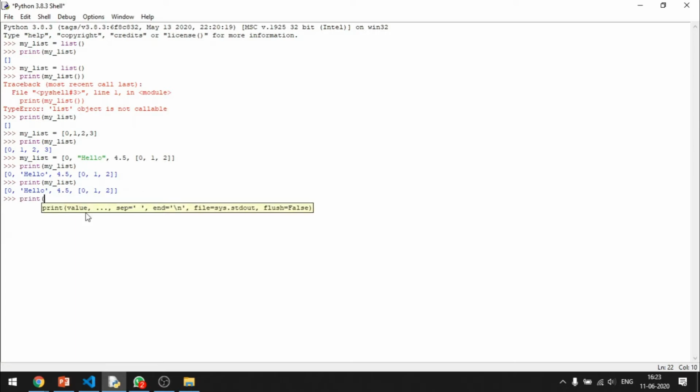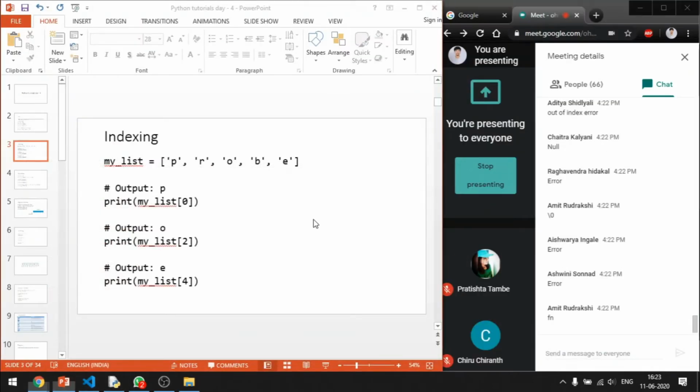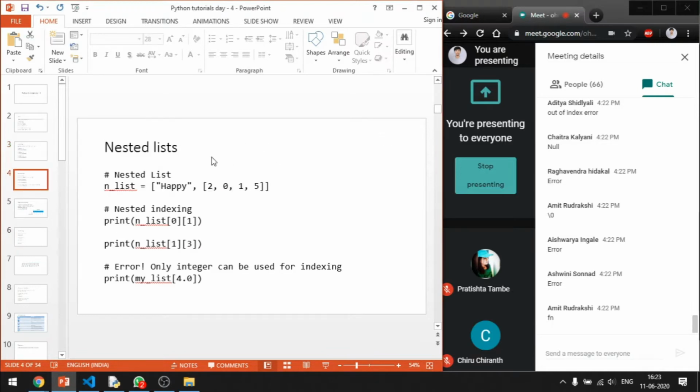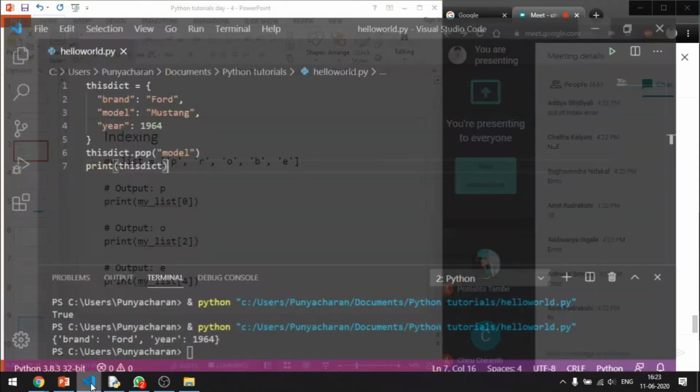See, my underscore list. If I try to access fourth index, here you go. You have an error. List index out of range. It's called the index error, right? List index out of range. So you're going to get that error, right? Okay. Next. Before going to nested list, let's see how to iterate through the lists, shall we?